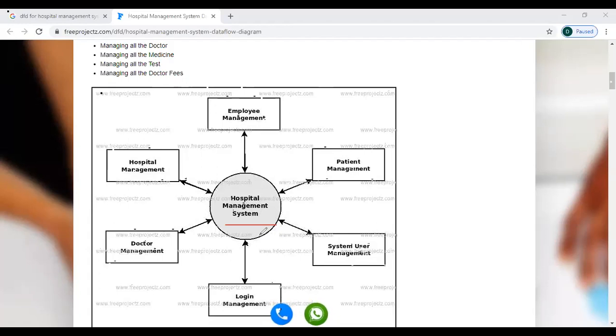If you observe some movies, how they enter their personal rooms or working areas, by showing their ID cards, or by thumb impressions, or full hand recognition, or face recognition. By using this kind of system, they may log into their work area, isn't it? So here also we are going to discuss login.